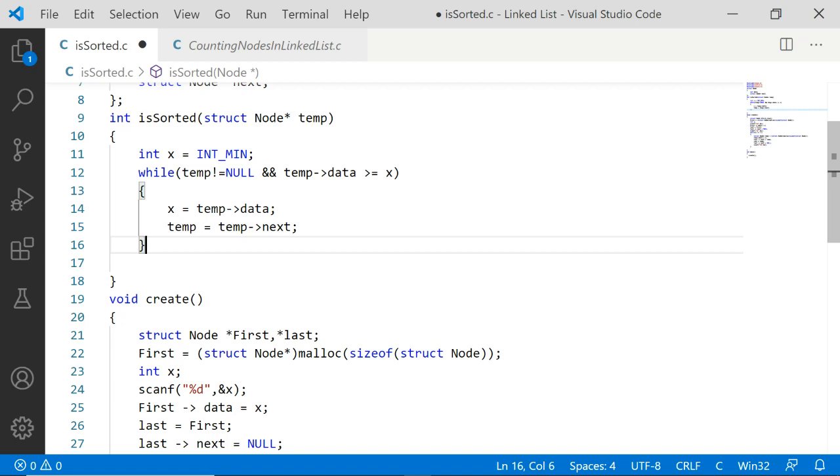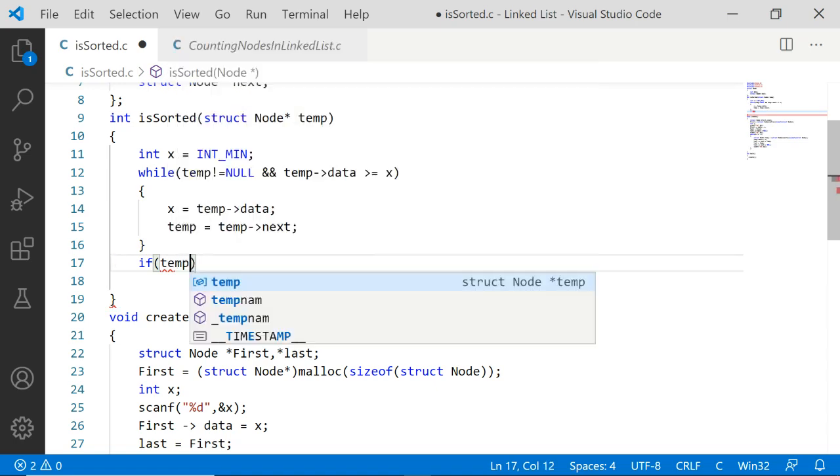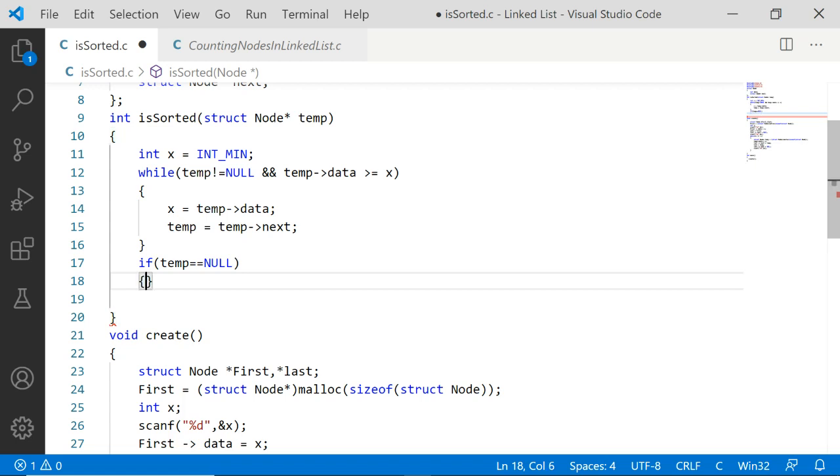If this condition becomes false, which means you find a data which is lesser than the previous one. Okay, so when you find a data which is lesser than the previous data, definitely it cannot be sorted. A greater number after a lesser number is not ascending order. So with the help of temp, if temp is equal to null, then definitely it is a sorted linked list.